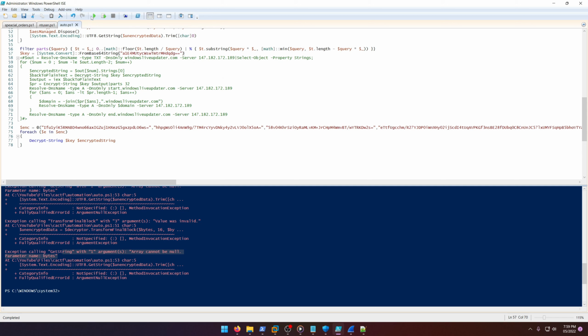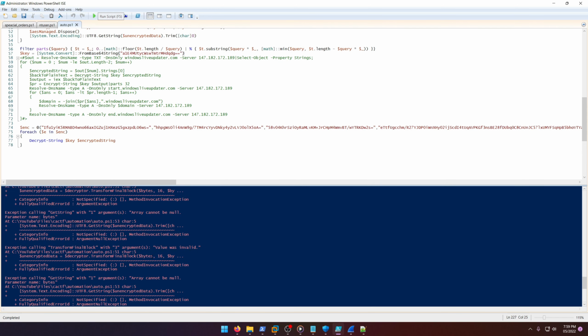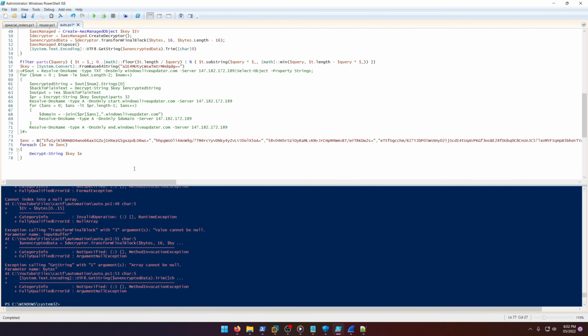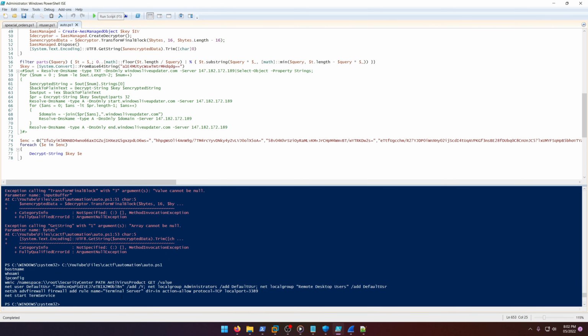So now let's give it a whirl. And it is still bugging because I need to do $E. My fault. All right, now it should work. There we go. All right, so now we have another base 64 string right here that we can probably decrypt easily. So let's just do